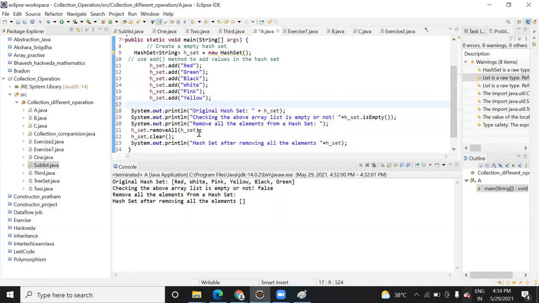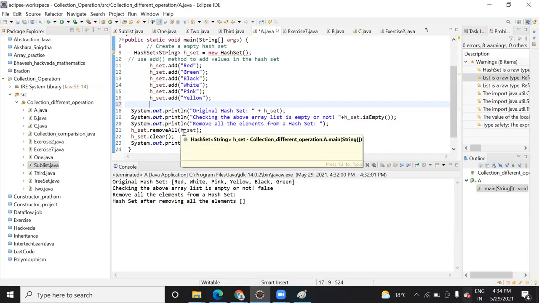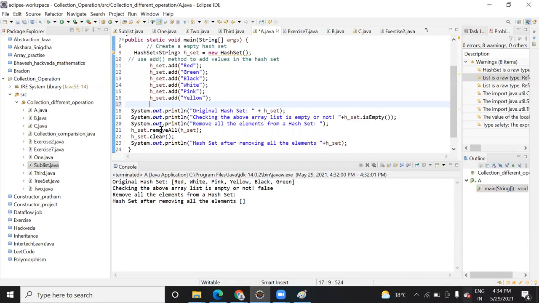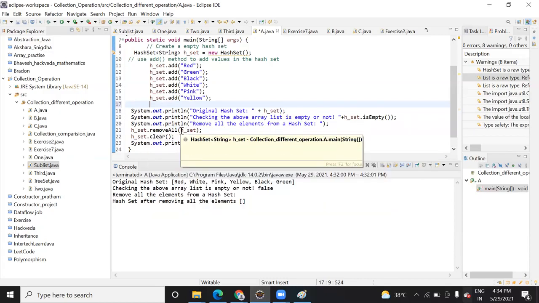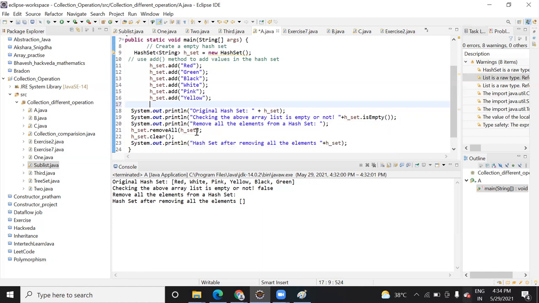The reason is you need to pass the name of the set that you want to remove from. Maybe we can't pass two sets at a time to remove elements from both sets. I said you need to pass the name of a set here when you want to remove the element.